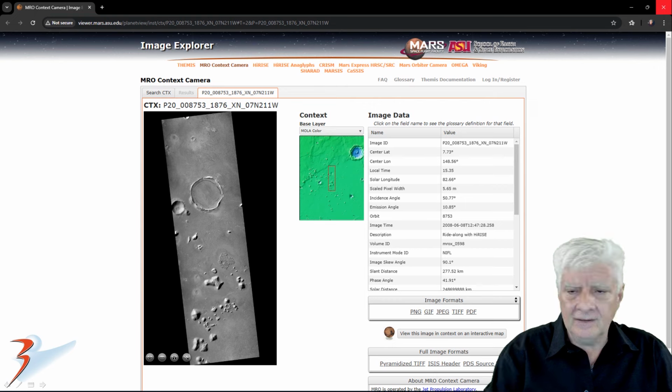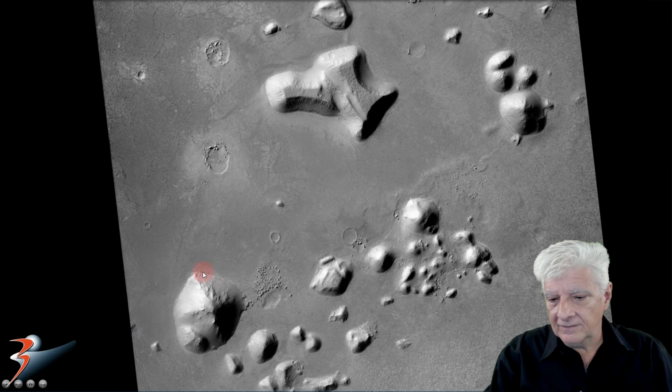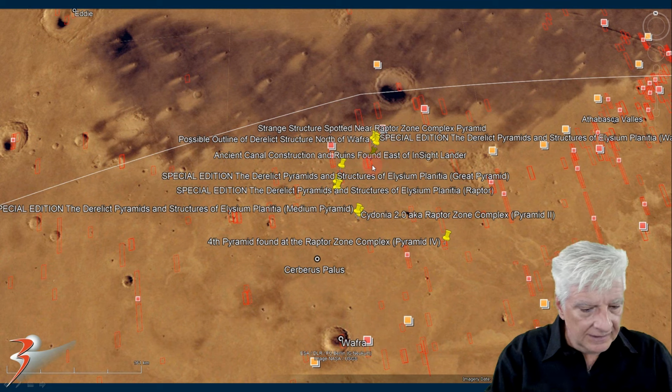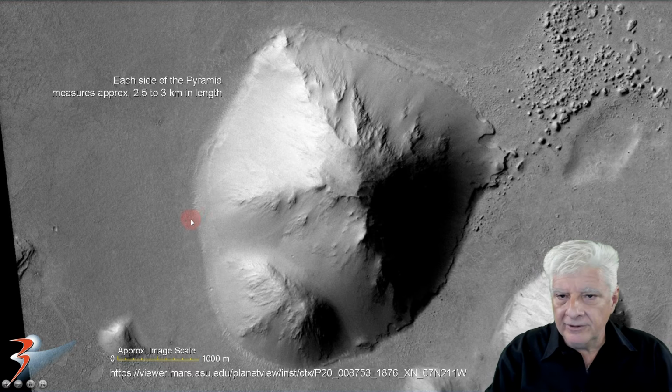Right, then we're looking at this photograph taken by the context camera in 2008, 0608. And we're going to look at the feature over here, folks. It's huge. So the site is in this area at 7 degrees, 9 minutes north, 148 degrees, 30 minutes east in Cerberus Palace. So the close-up reveals a nice symmetrical